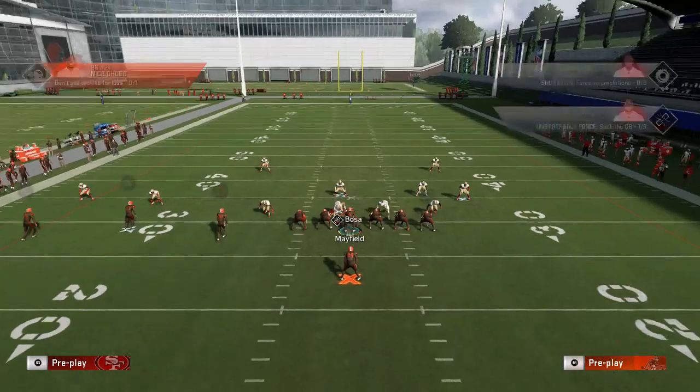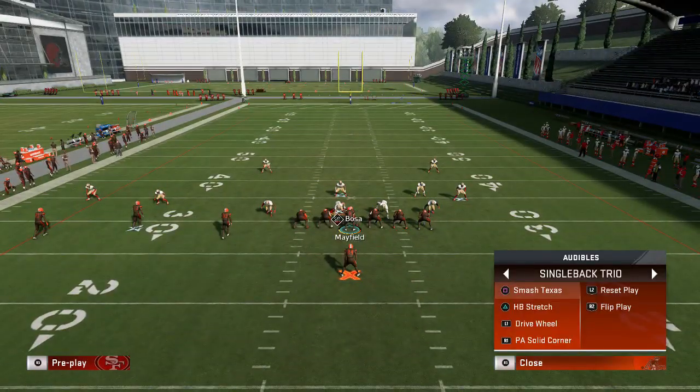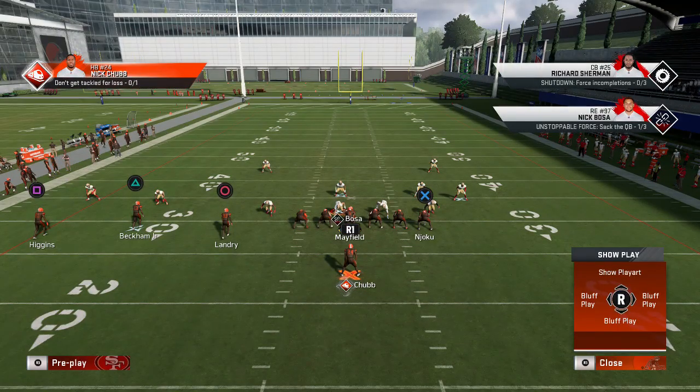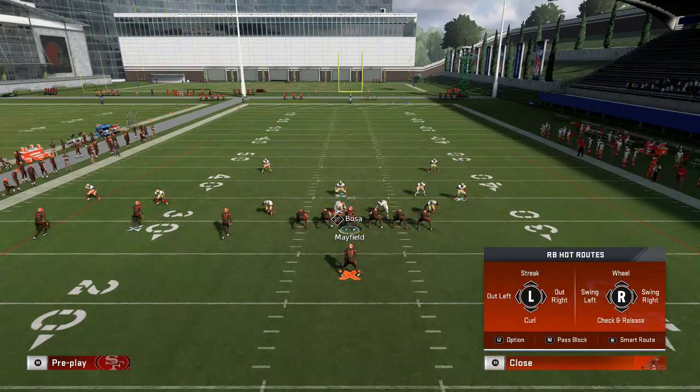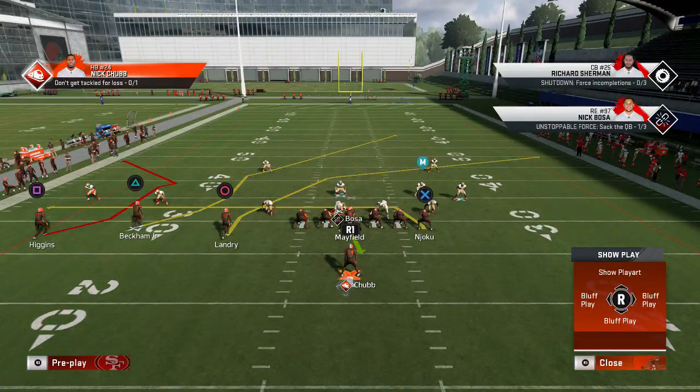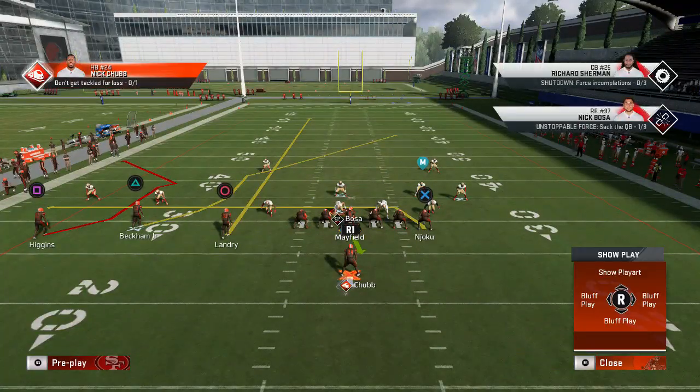You can also hit triangle earlier in the play depending on the defense. You can hit him right out of his break over the middle there. And you can also hit X on the drag. That's why I love X on that drag route, to give you a check down if you're feeling pressure. But one more time, block the running back twice, drag X, streak circle, smart route triangle, which I already did,